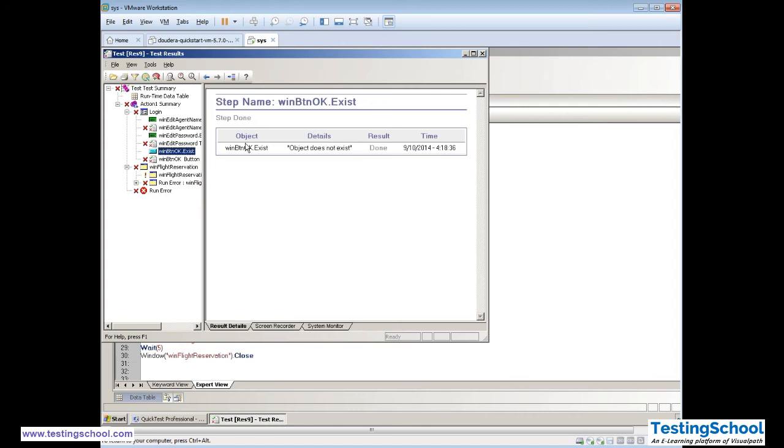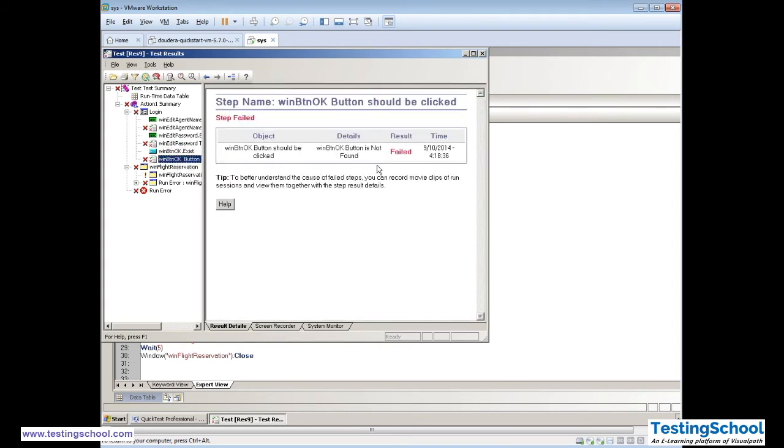But which object does not exist? This Win object. It is also clear, but at runtime when you are dealing with multiple things, suddenly while running with QTP or QC ALM, something will fail and it will not give you a proper result. So the status of the test case will be fail, and you don't know the exact reason for failure.